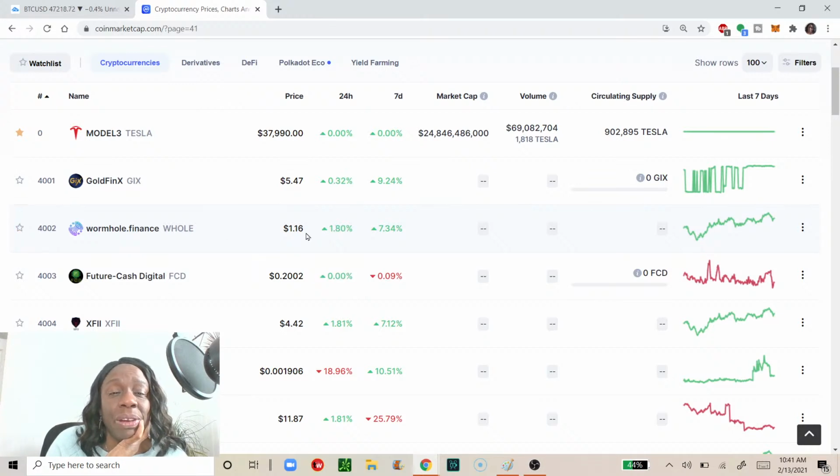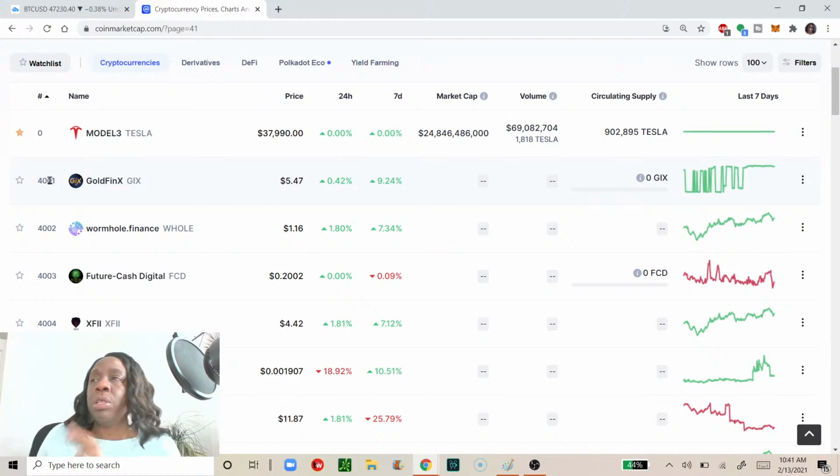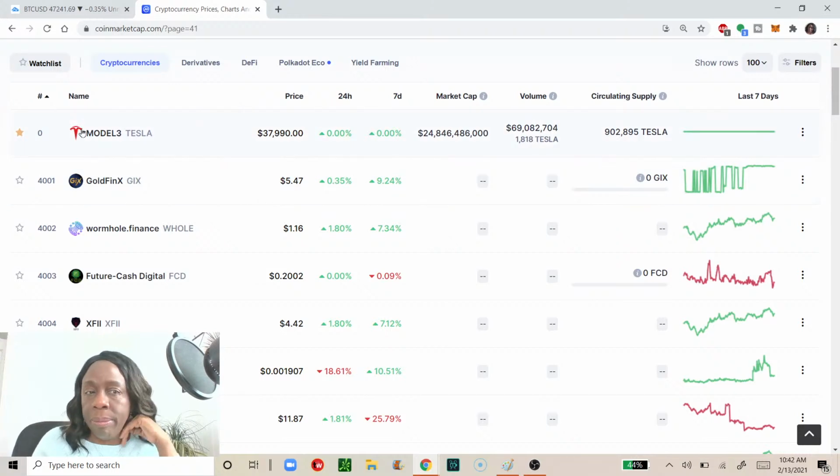And they say this is a great one at $1.16. I personally will not put my money in it. I mean, look at the ranking. The ranking obviously just shows, I guess, using a bunch of factors, why it's ranked, just like we rank anything. So you always want to stay with coins that are ranked pretty high.